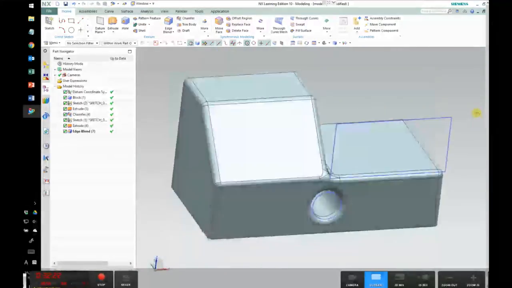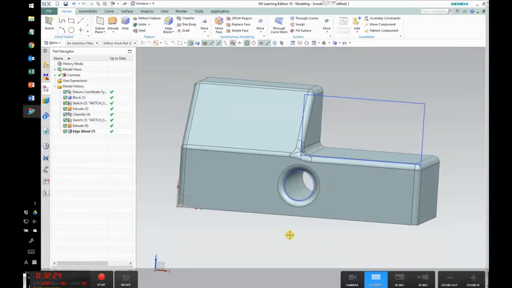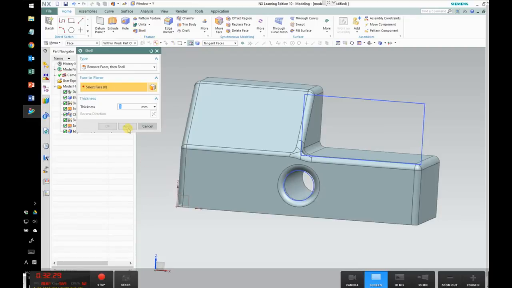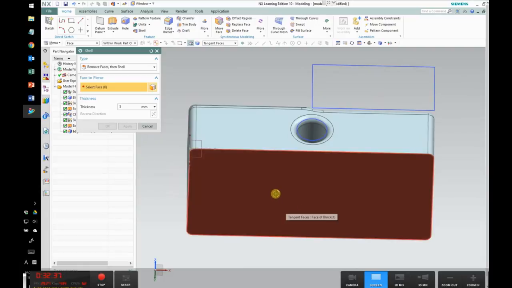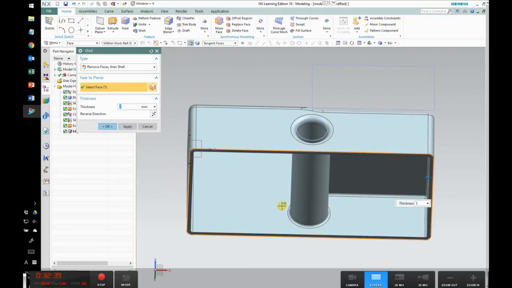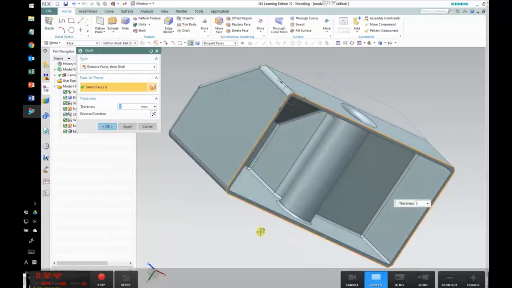So become like this. Okay, so the last thing we will do is applying shell, and then thickness, let's say 5 millimeters, and the face, this face. Yeah, so it's applied. It's pretty simple function, but it's pretty powerful. So it removed all the material inside and leave this 5 millimeter thickness of thin wall. And